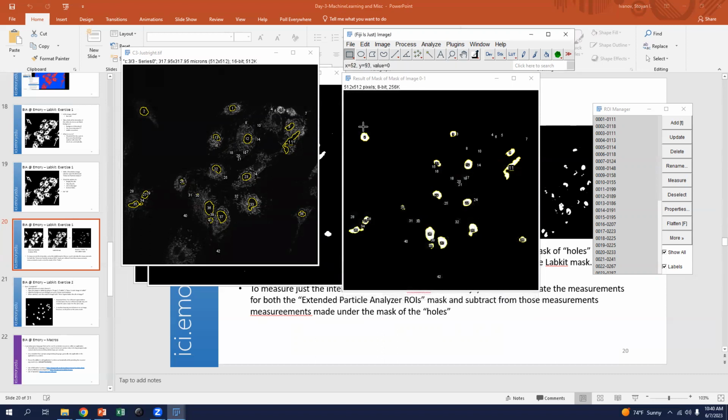Any questions at this point? Yes. Can you do this on 3D images? Segment? Well, the machine learning, the Labkit. Yeah, Labkit works on 3D data sets as well. Would you just make a max projection, or would you do it on the actual? The way it, let me see if I have a,